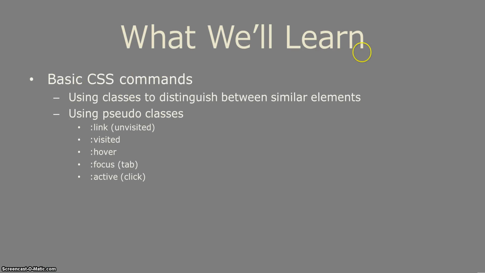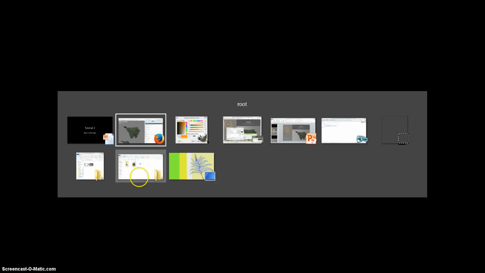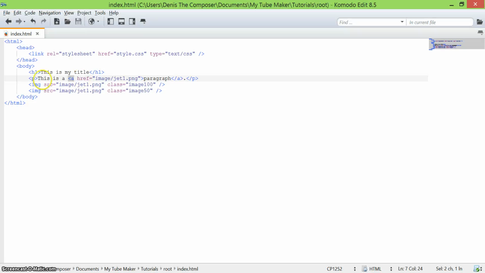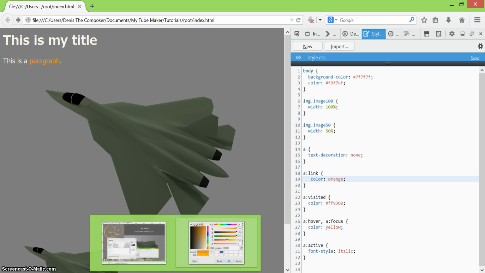And this is the end of our learning of basic CSS commands. Our next tutorial will be upon the subject of basic meta tags. We'll learn how to make our HTML document complete, because right now it's not exactly complete. Our code still needs some fill-ins, including a title, and how to add a link to an icon that'll appear on the top left of your browser right here, a title here, and a title that appears in search engines. So stay tuned for our next tutorial on how to complete our web pages, our basic